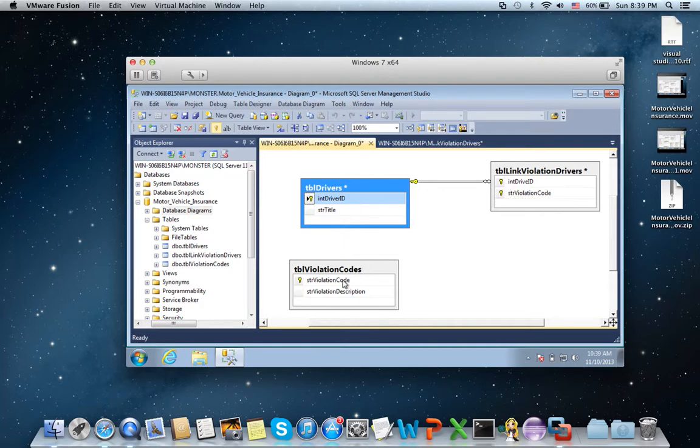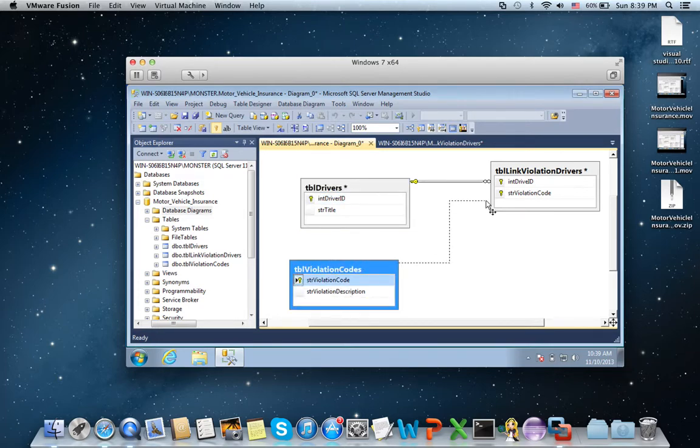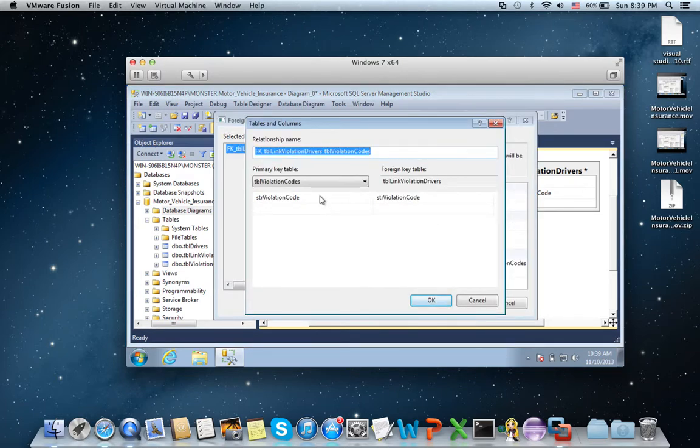We do the same thing for this table. Drag and leave it here. Okay. Primary key STR violation code for this table, foreign key STR violation code for the TBL link violation drivers table.